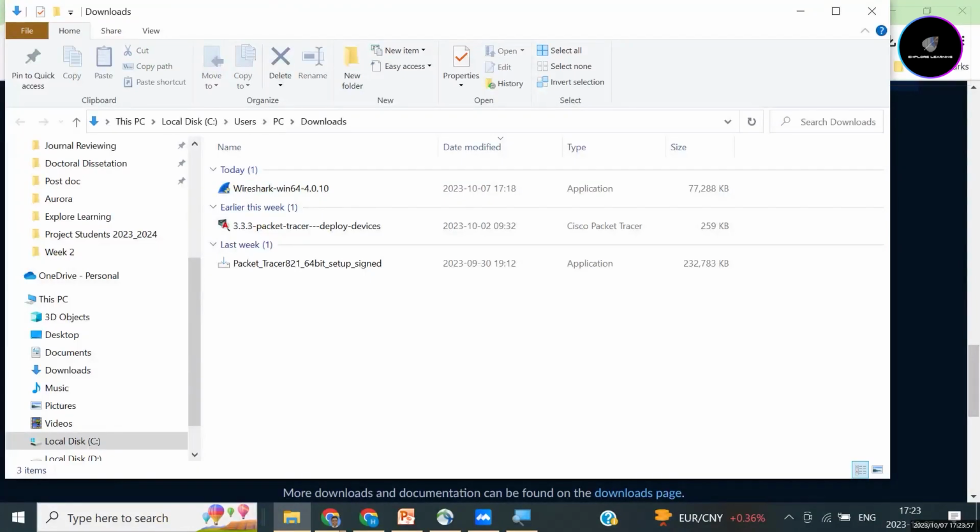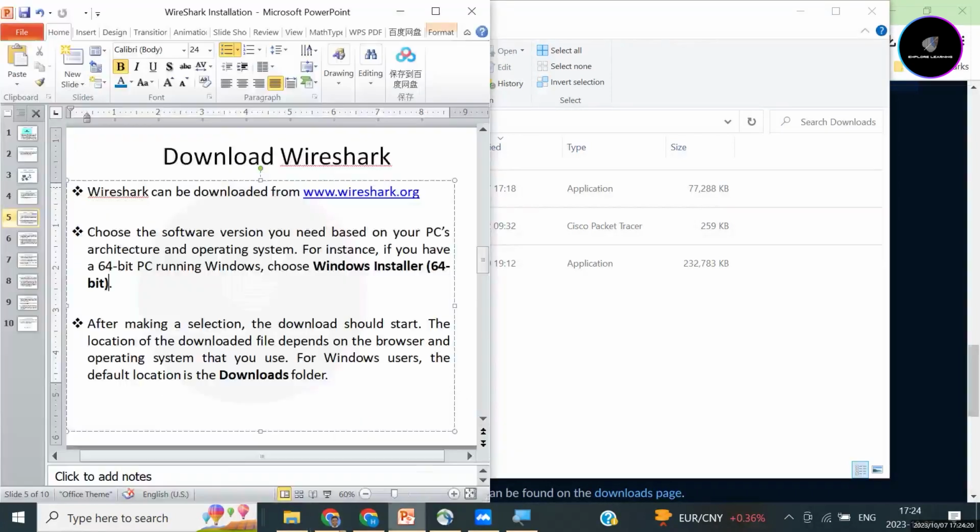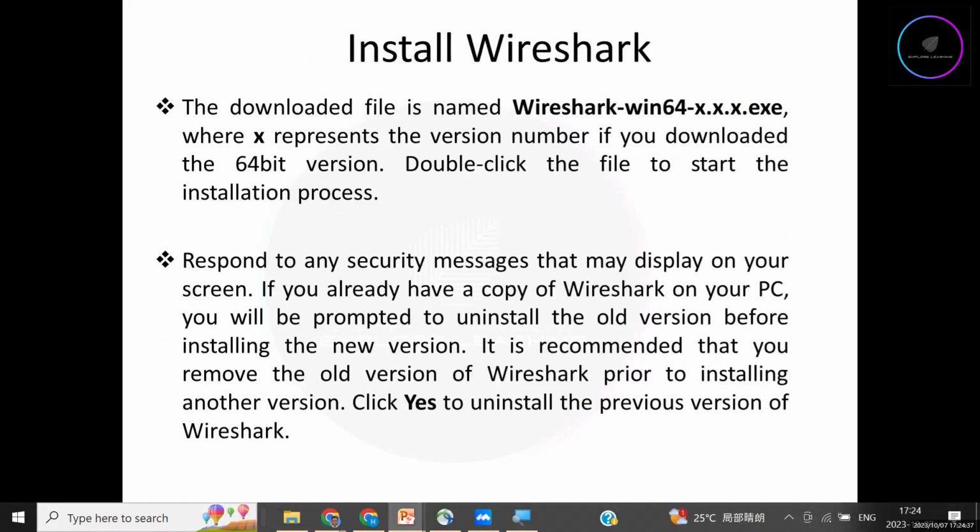All right, so the Wireshark is done downloading and here the setup file is right in the download folder. The next thing we need to do is to go right away and install the Wireshark. But first, let's go to our PPT and see the things we need to do. All right, we've downloaded it. So let's